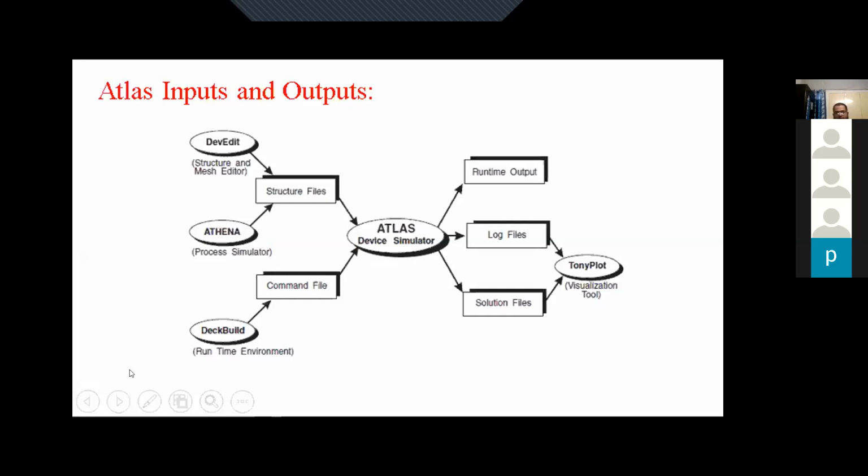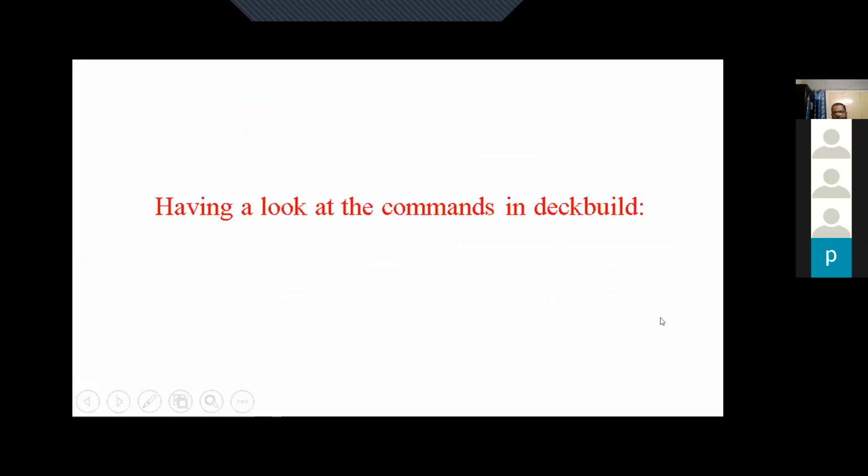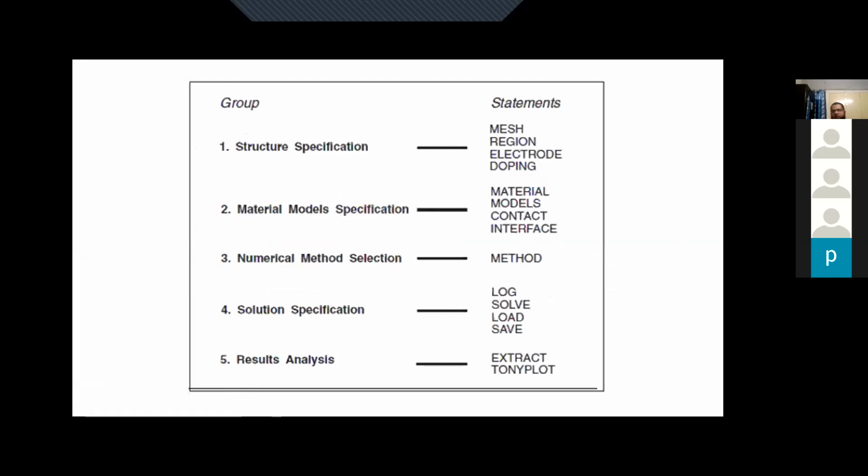The route we will follow for the simulation of the organic device is: we will use DeckBuild, introduce commands to create the structure, then run the simulation, get the outputs, and view them in TonyPlot. Now there are commands to be written in DeckBuild in a particular order, and the order needs to be followed.